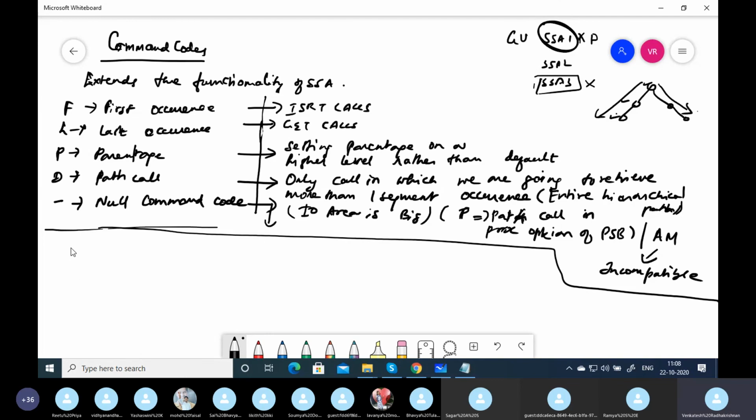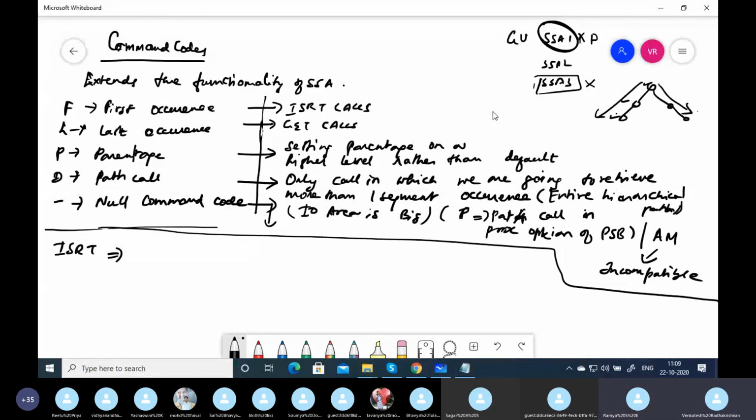Let's see some other status codes we have missed, which is insert. When do we get the AM while insertion, sir? See, AM means incompatible. For example, in processing option you have given G and you are trying to insert, you will get AM, because you have given only G. If you try to do replace or delete also, it will be AM. Similarly, if you have given processing option A or G and you are trying to do a path call, it is going to fail by giving AM. Meaning the processing option and the call function code you are trying don't match.